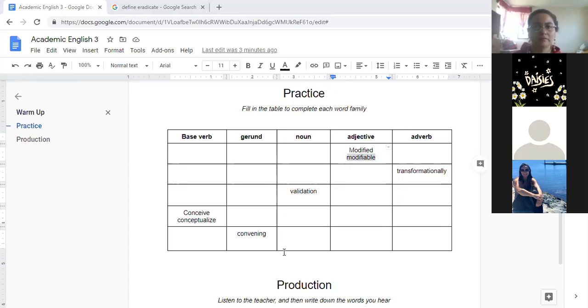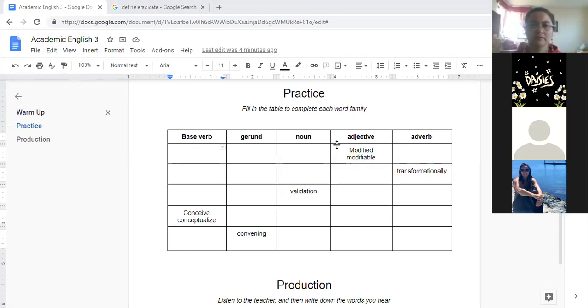If you can, that means you're doing a great job. If you can't, no worries. It's actually really challenging and really difficult. It's hard for me too. These are academic words. We're here to practice and to improve. So let's do it together, okay? So let's start here, and you can simply unmute your microphone if you want to guess or say something. Don't worry about being wrong. It's okay if you make a mistake. We're all here to learn together.